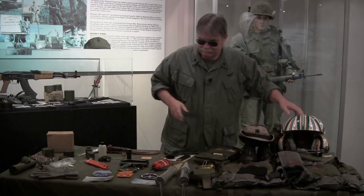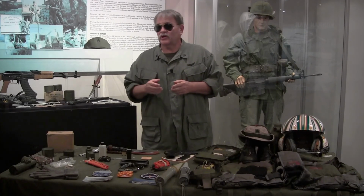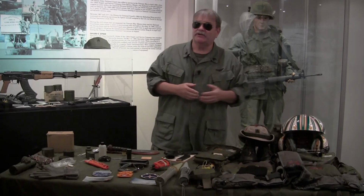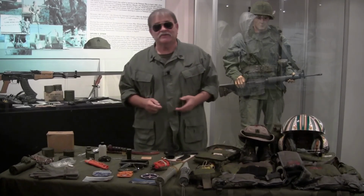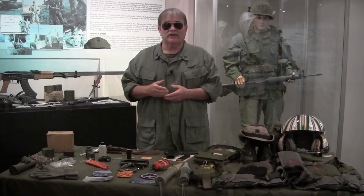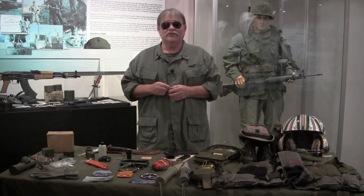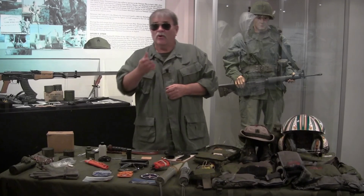So that being said, there's many other things on my table that I haven't covered, but I know your teacher or instructor probably has all the information in which to contact us here at the museum. So if any of you have any questions about the other items that are on my table, or even any of the other items that I talked about, just have your teacher or you write up your question, which don't ever be afraid to ask a question. My grandmother was a teacher for 43 years, and she always told me, the only dumb question is the one you don't ask. So you sit down with your teacher, write out your question, have her, or even you email the museum here,